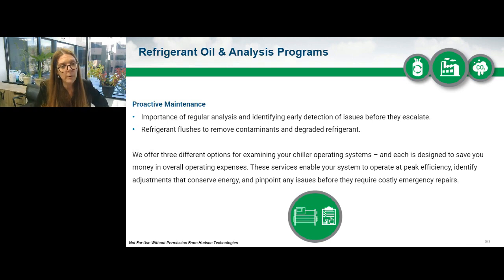So let's talk a little bit about Emerald Refrigerants. Emerald is our brand of certified reclaimed refrigerants. It meets CARB R4 requirements. So California has a standard for reclaimed refrigerant. It's called R4, and our Emerald Refrigerants meets and exceeds that